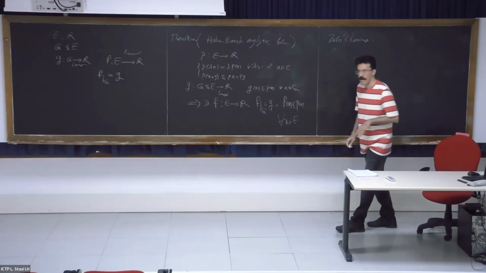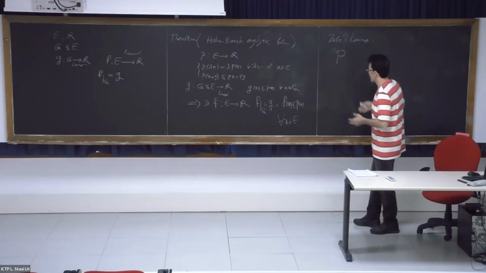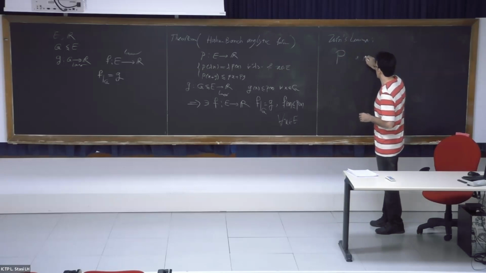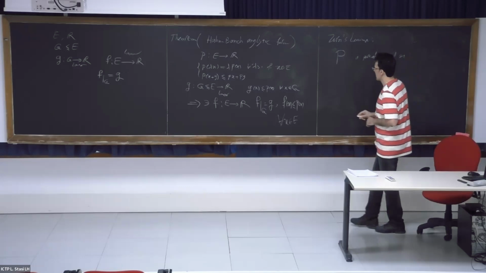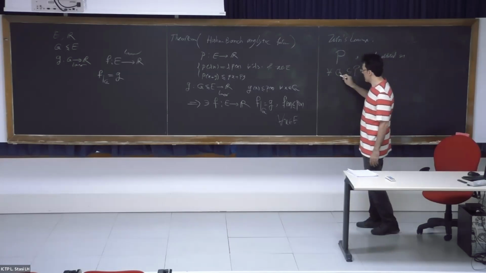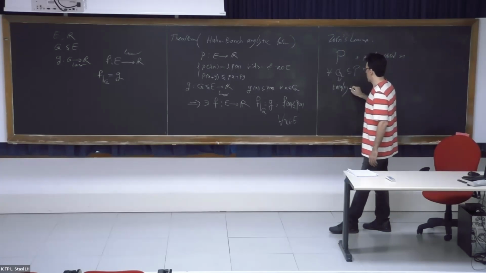It says that if we have, for example, a partially ordered set P with this property: for all Q subset of P that is totally ordered,